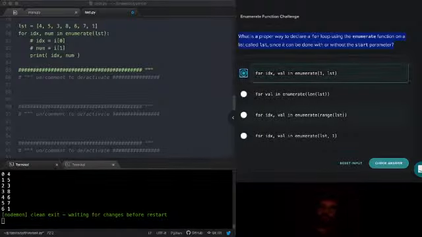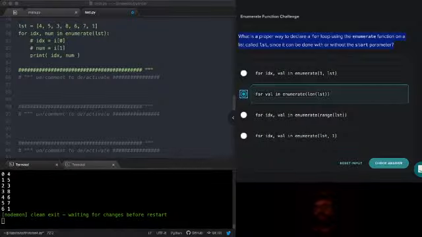Length of the list. len returns an integer, so passing an integer in to enumerate is going to give us an error, so I know it's not going to be that one. For the index and the value. Oh, also this one doesn't give me access to the index from the for loop. Like I said, you don't have to do 2 things there, but it's really nice to. I don't know why you wouldn't.